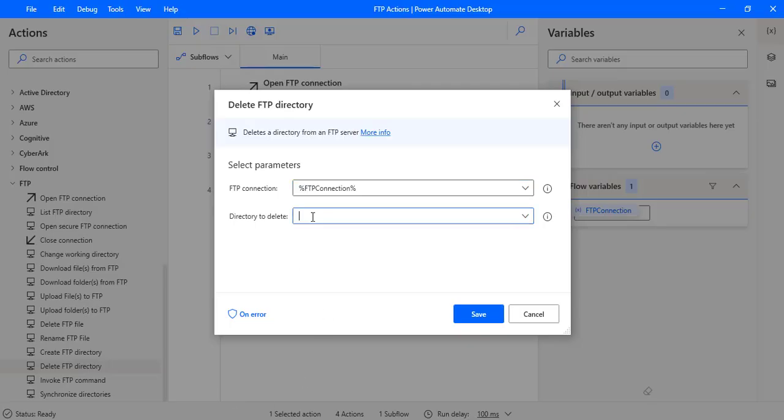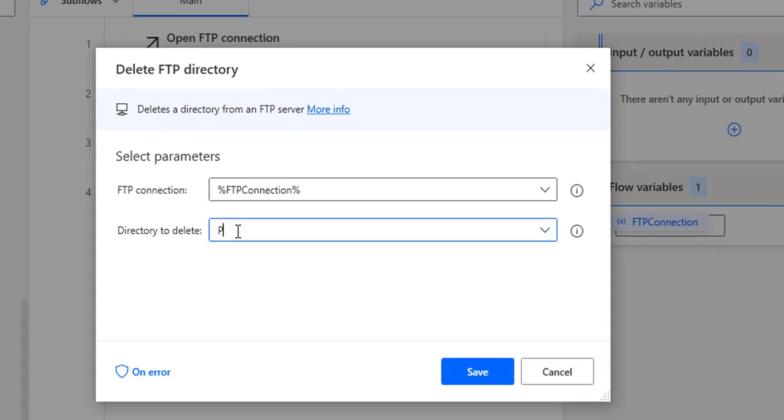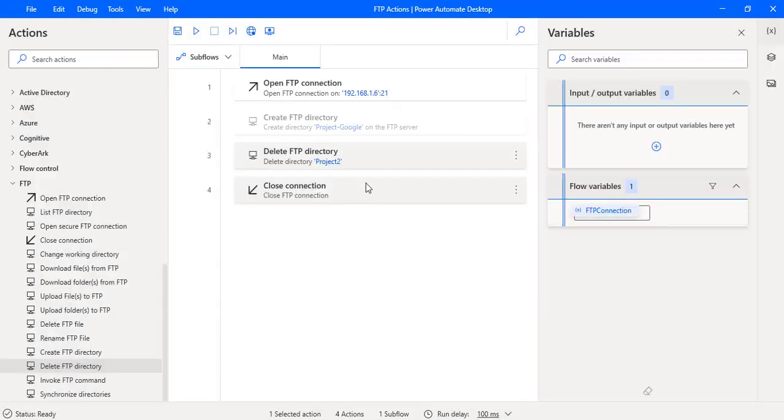So I'm mentioning the same directory name here as project 2. If you observe, there are no variables produced. We don't get any output after deleting the directory. All right, let's click on save.